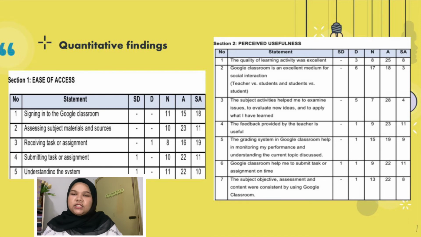And the last one is students' satisfaction towards using Google Classroom. So these two are the results for ease of access and perceived usefulness. As you can see here, the majority of the students really think that it is easy to access the platform. As for perceived usefulness, the majority of them also think that Google Classroom is very useful for their virtual learning during